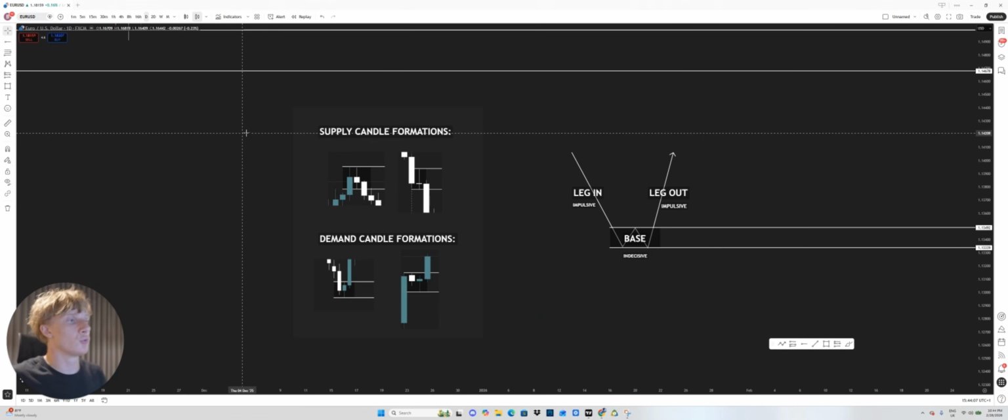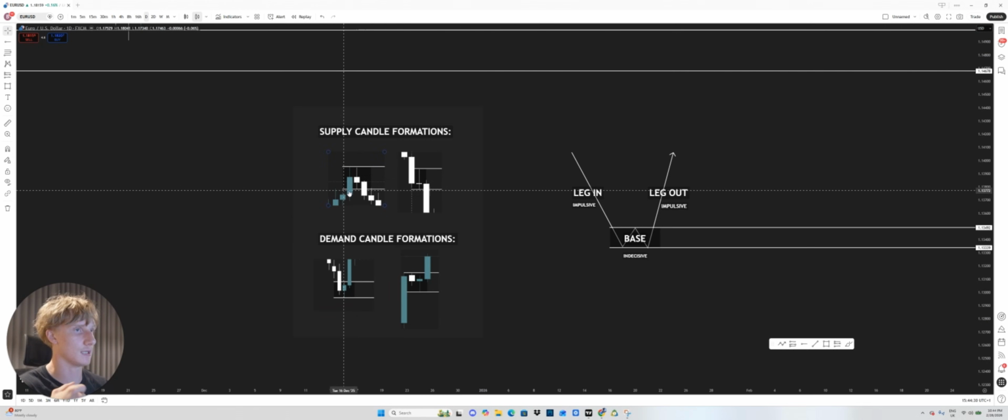Okay, so the reason it's important that you are able to identify the difference between an impulsive and an indecisive candle is because within every single supply and demand formation, no matter whether it's demand or supply, whatever formation it is, we essentially identify it by looking at impulsive and indecisive candles. So for an example, as you can see here, the supply formations. We'll run through how to actually identify them, but just for the sake of showing you,